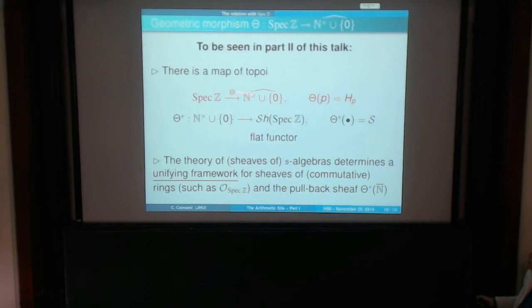So this map of topoi will allow us to reinterpret the object as the sheaves above this topos. Notice that here I added 0 on purpose. Before there was no 0, it was N crosses. At this point, the sheaves over this topos are sheaves of semirings. The sheaves on this scheme topos are sheaves of commutative rings. But how to work with them? Because they are semirings, the other ones are rings. So there should be a common